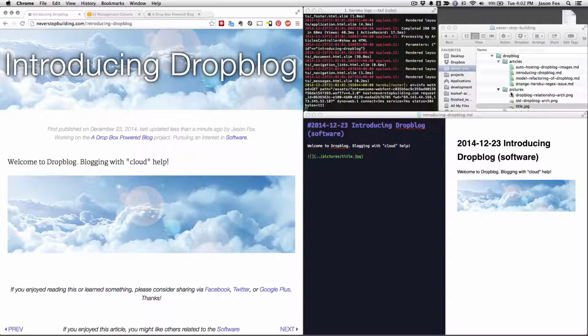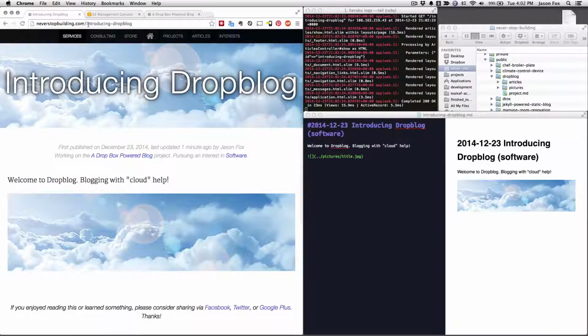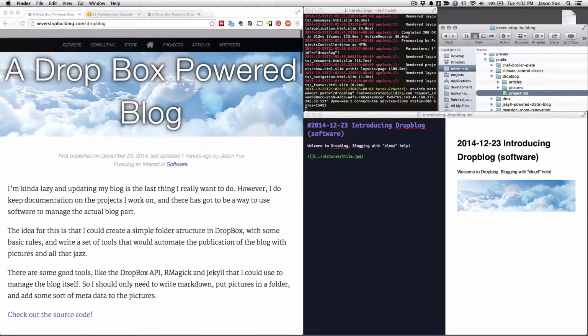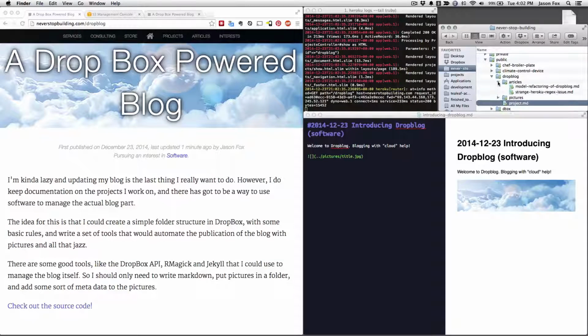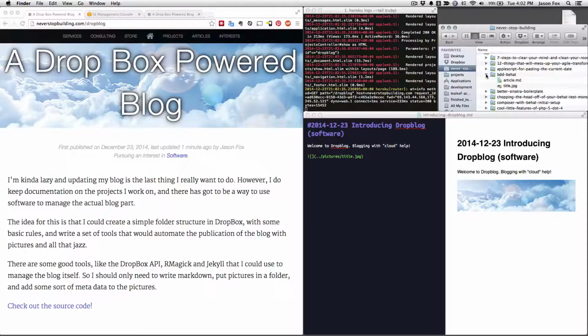Either to make project updates, because the folder structure is, you'll have a project folder, and that's the slug that matches the project level. This is the matching, and so this markdown file here controls what's in the project level, and then any pictures related to the project and any articles related to the project. And then if I wanted to simply write one-off articles, which I have several of, I just simply create a folder with a slug, an article markdown,